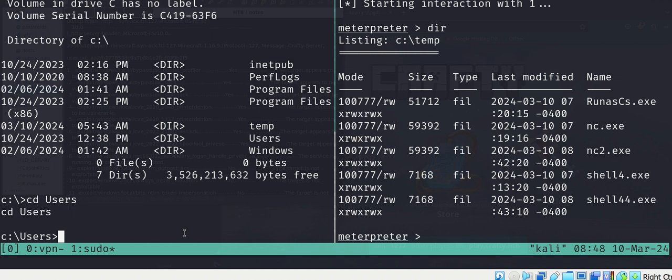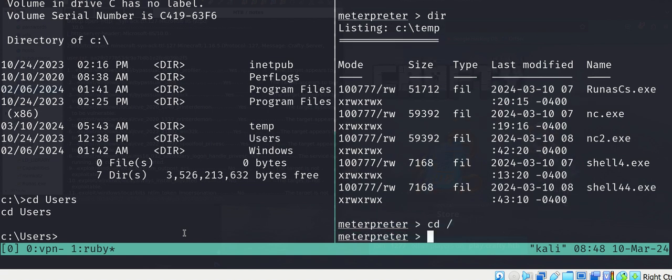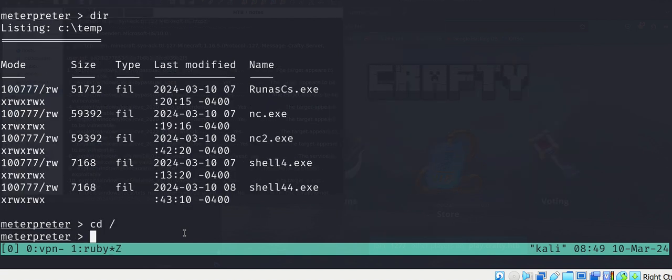To get a shell here, type in shell. You don't really need a shell, but it's nice to have one. So type in cd / here. Let me make this big. There we go. And if you type in dir,